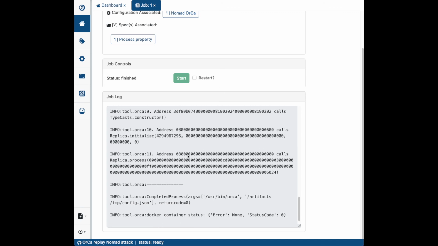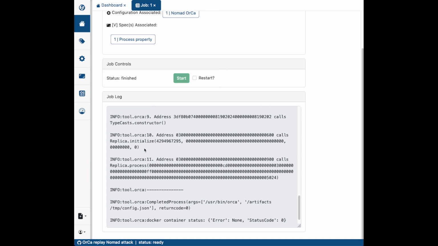And the interesting bits are the last two calls here. First, Orca realized that if you call initialize with the third argument set to 0, so if you recall from the Nomad bridge attack, the third argument corresponds to confirmation root. When confirmation root is set to 0, that means that the confirm at entry for 0 is set to 1. And that means that the process method will consider any caller to be authorized, which is exactly how the